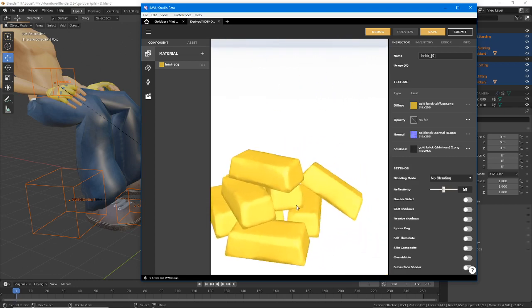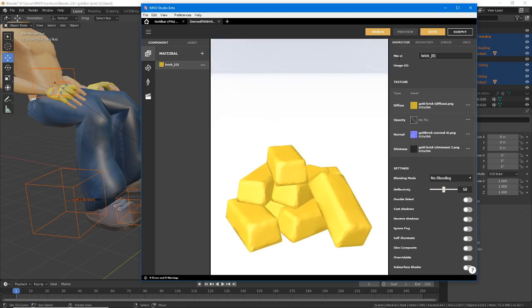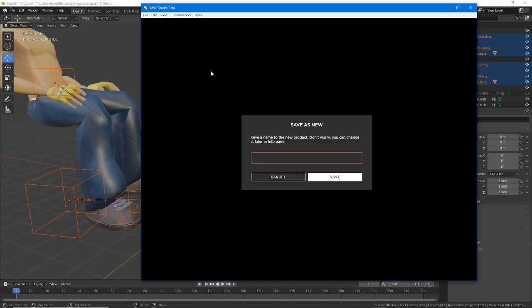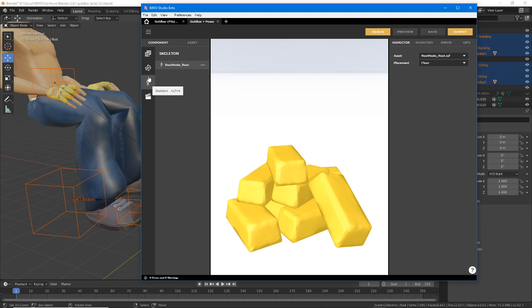So that works. So let's just save this file, save as. Gold bar plus poses. Save. So it hasn't. So where are our